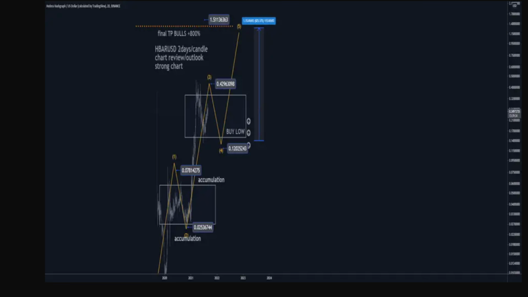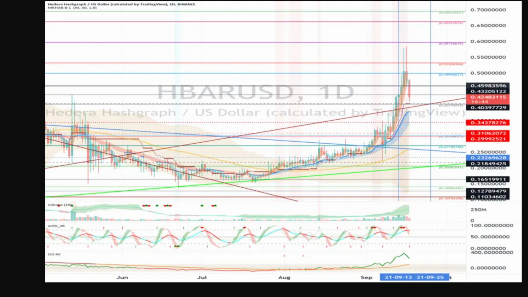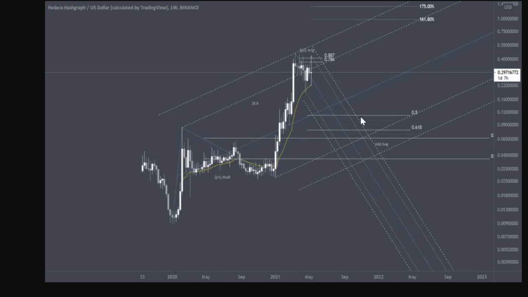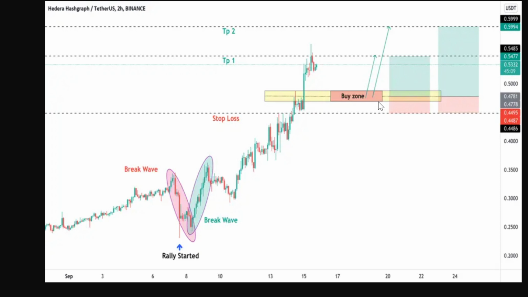It looks really good. Now, when we look at the charts purely from a charts perspective, I can see where we've gone, where we're about to come back into, and then where we're off again. The journey is going to be great. There is so much momentum about to be built, but this is the time to accumulate, because these prices will not be around for much longer before we break out and go towards 70 cents and beyond, because that is coming, right? The dollar, all of that, it is all headed there, but long term. Hedera is something that you can definitely hold long term and be very happy and excited about, because it is that good.